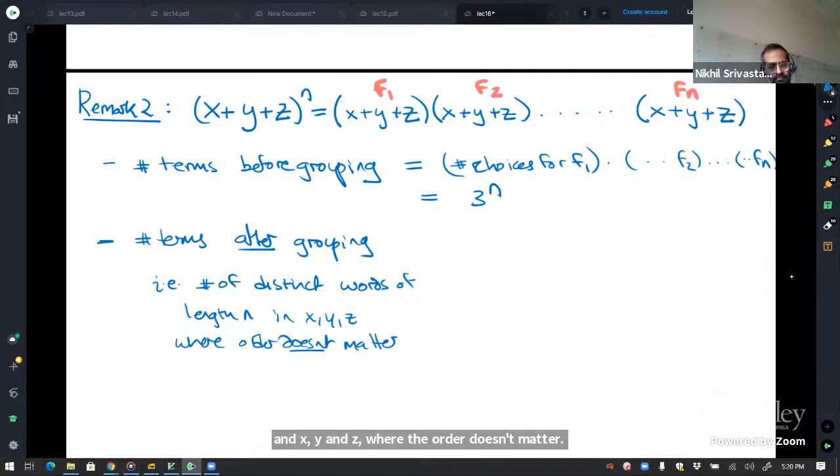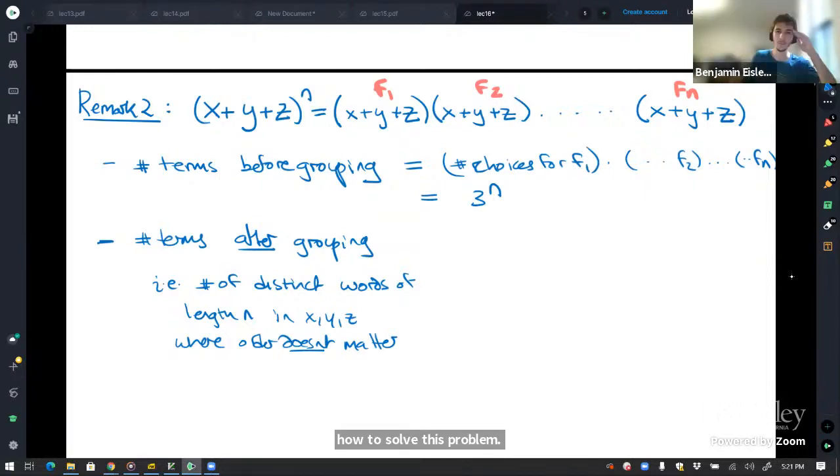Okay. So any thoughts on how to solve this problem? It looks like we're putting n indistinguishable objects into 3 boxes, because we know that for each of them, their total power has to add up to n. Yeah,